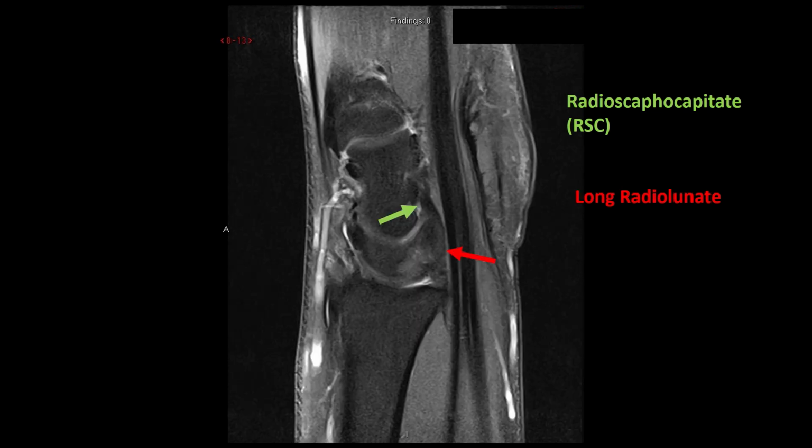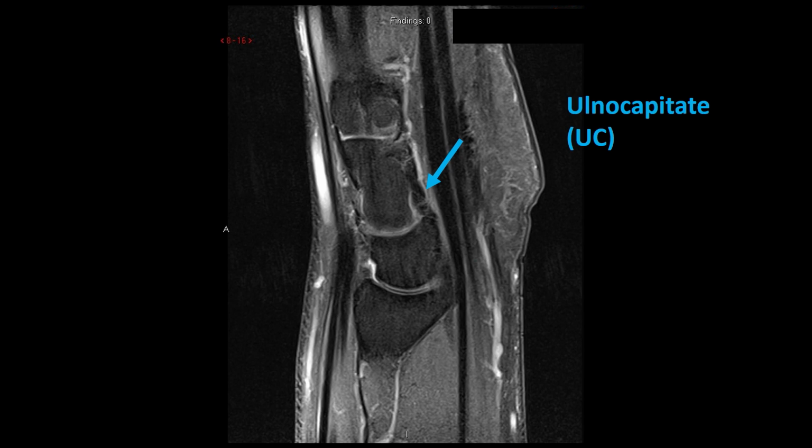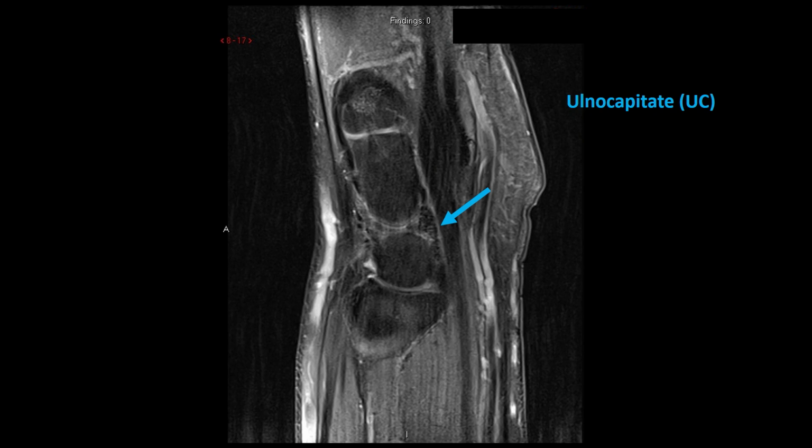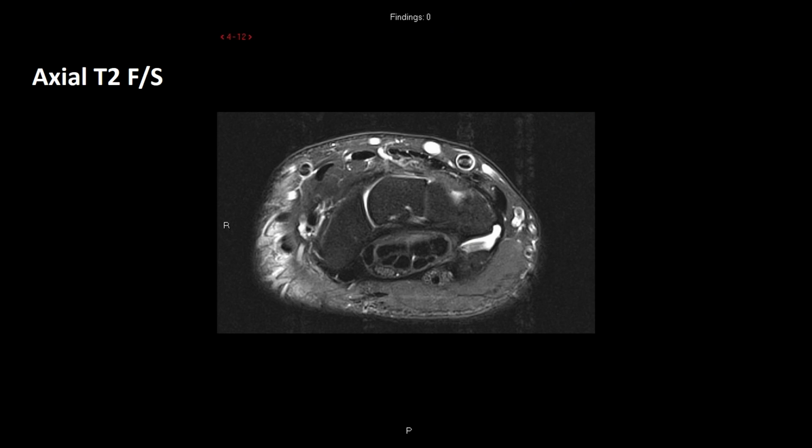And it goes all the way up to the capitate here, hopscotch, just kind of jumps across those bones. And then now the long radiolunate is just below it, going from the radius to the lunate. If we start from the capitate again, going to the ulnar side, you can see that other limb, that V-shaped configuration. And then lastly, in the axial plane, I think this is really great for looking at those two dorsal